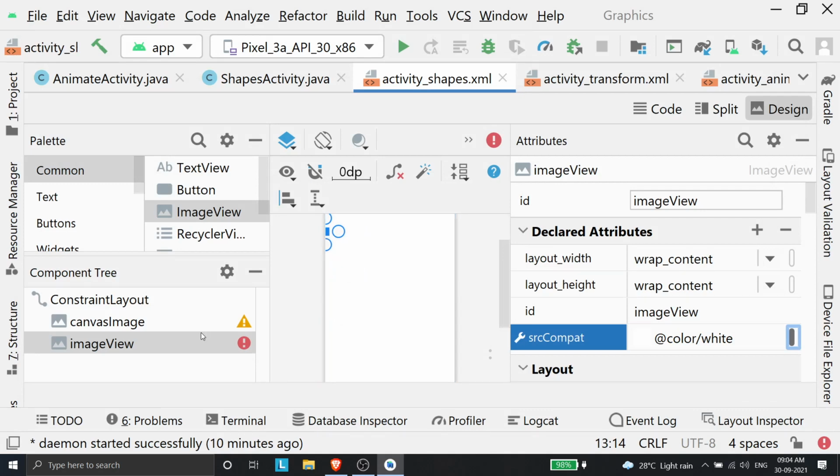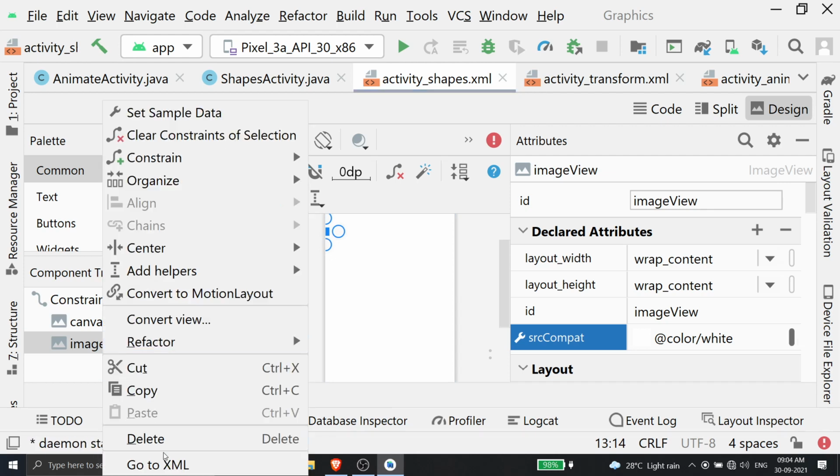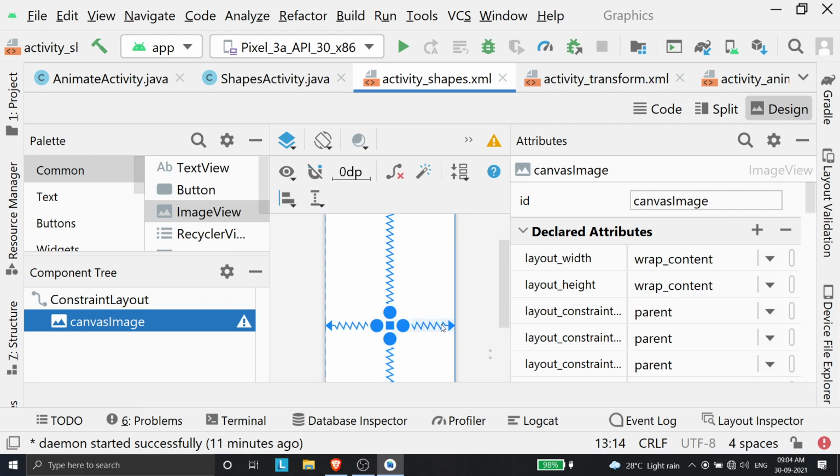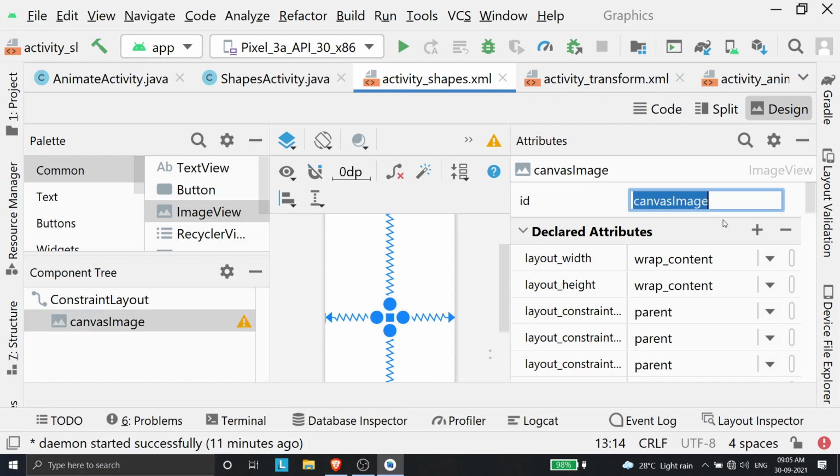I like to do this because I'm going to draw the image and I do not want a static image to be displayed over there. You can also do this via code, but it's easier to do it here. So I'm just having a static empty image object over there. There's nothing else. I'm going to draw the image by myself using the code. I've just changed the ID of the object. It's called canvas image. Have we got this down till now, so can I move on?